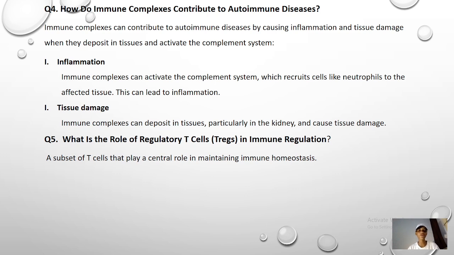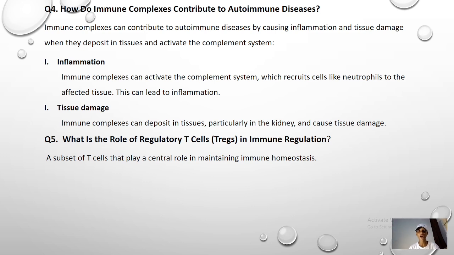Here we go with the fourth question, which states: how do immunocomplexes contribute to autoimmune disease? Immunocomplexes can contribute to autoimmune disease by causing inflammation and tissue damage when they deposit in tissue and activate the complement system. This question helps us all to know about